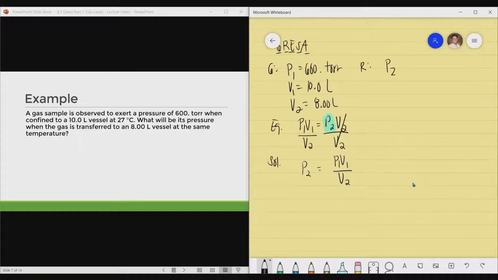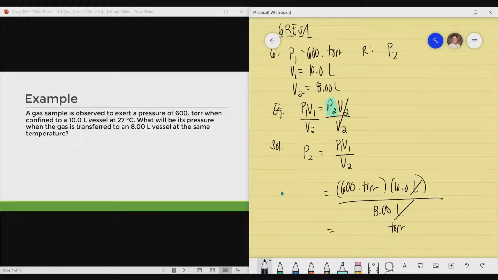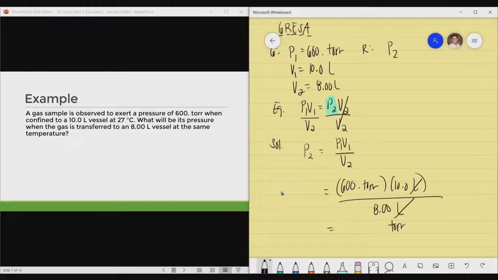Now with the solution, since the units are appropriate and we can easily cancel them, your P sub 1 is 600 torr multiplied by 10.0 liters all over 8.00 liters. Cancel the unit liters, and we have the unit torr, which is an appropriate unit for pressure. So input that in the calculator. We have this particular answer,